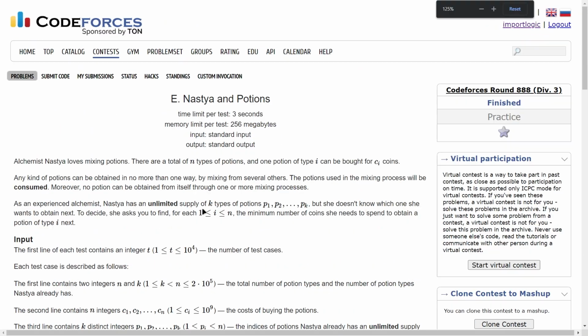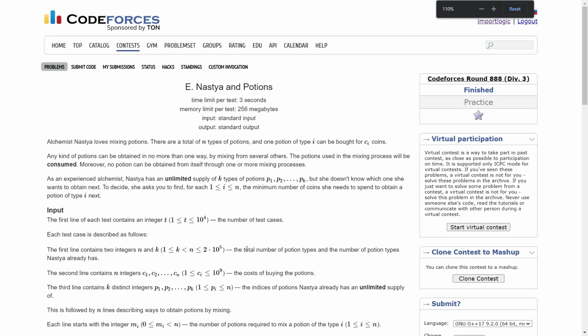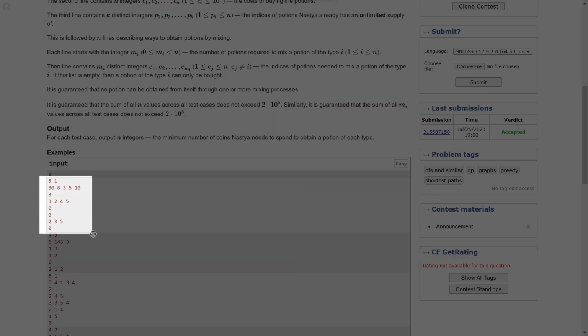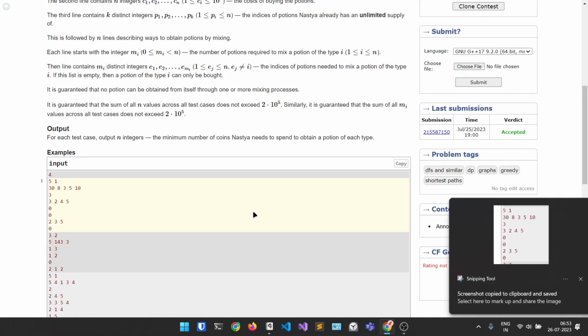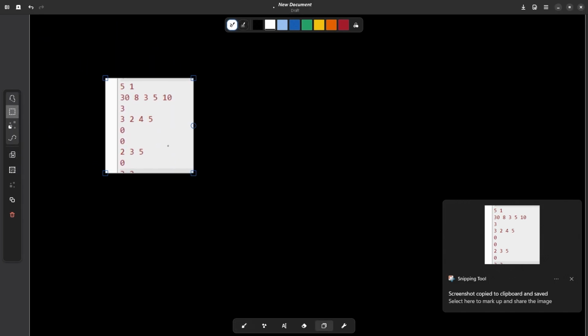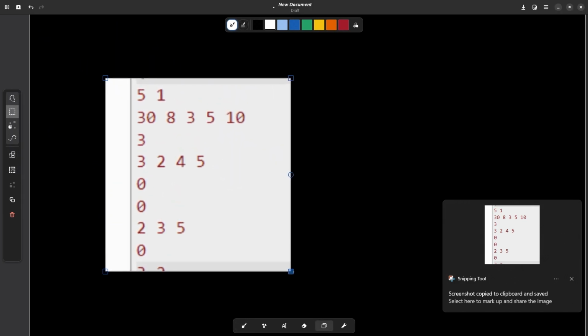Now let us have a look at the final problem of this discussion. So this problem statement is also very big. Let me just explain this to you quickly. We're going to take this particular sample test case. So what they're trying to say is,